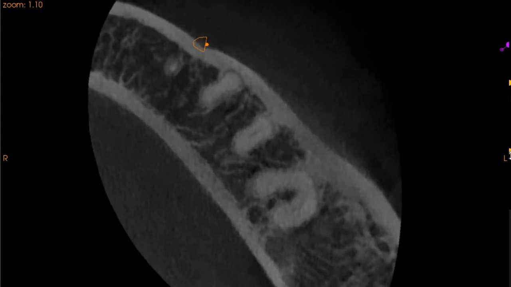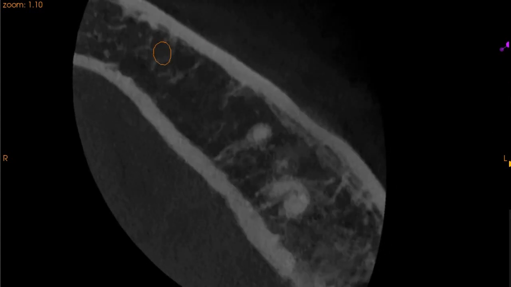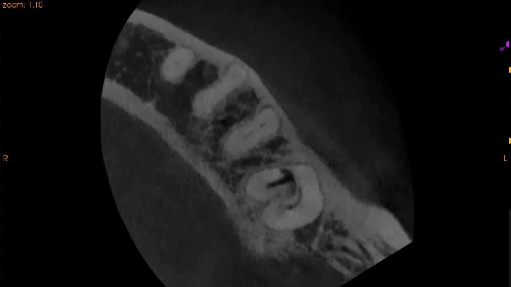And we are moving down towards the apex. And at the apex, this is the first molar. This is the first molar mesial root. And you can clearly see that we cannot discern any mesio-buccal canal orifice on this